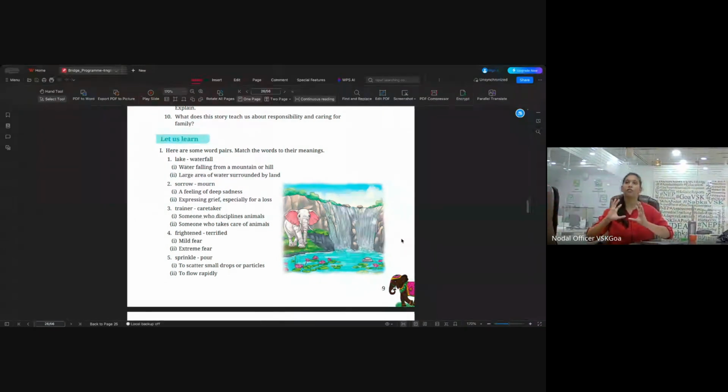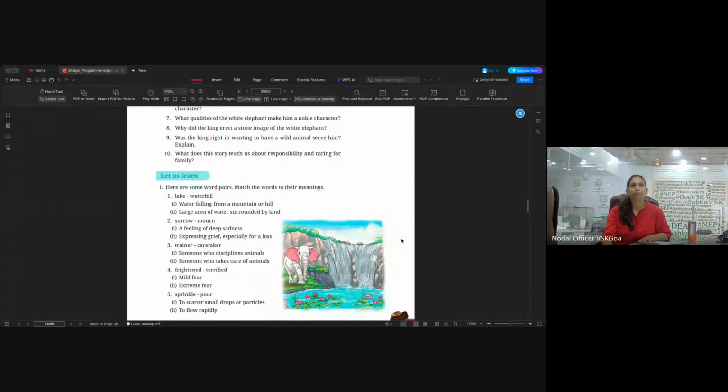So there is a lot of holistic and multidisciplinary learning that is happening, but in your English class. Okay, so frightened, terrified. Again, the meanings of these are just for you to understand, to enable the child to increase vocabulary. Okay, if we scroll lower.